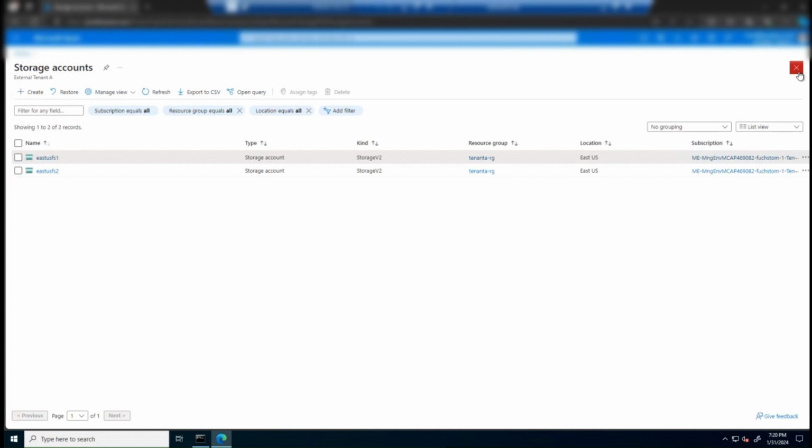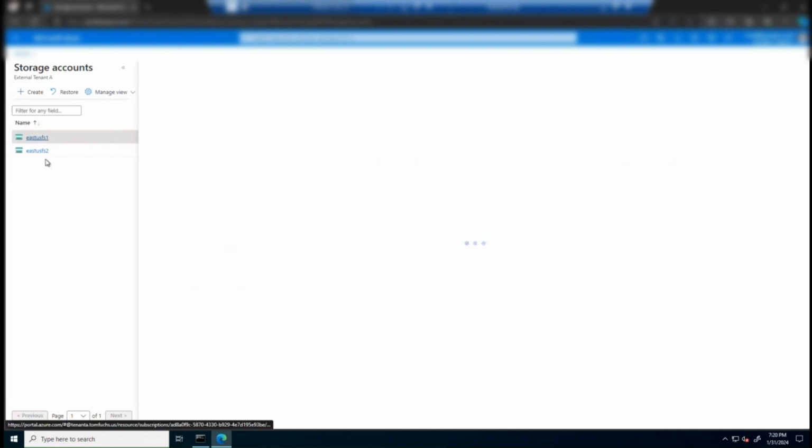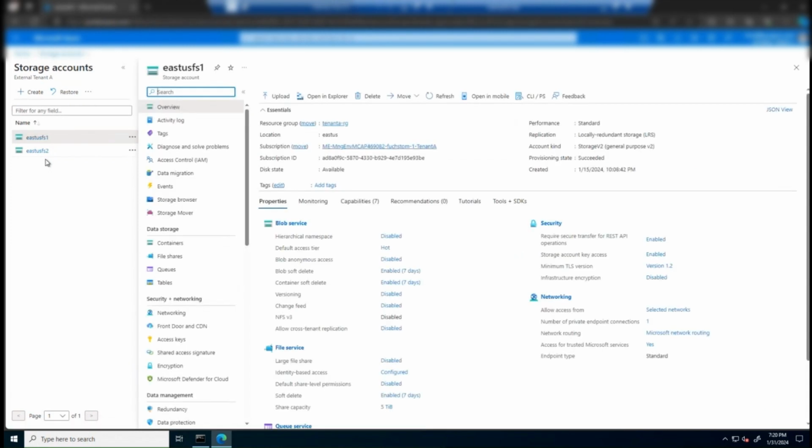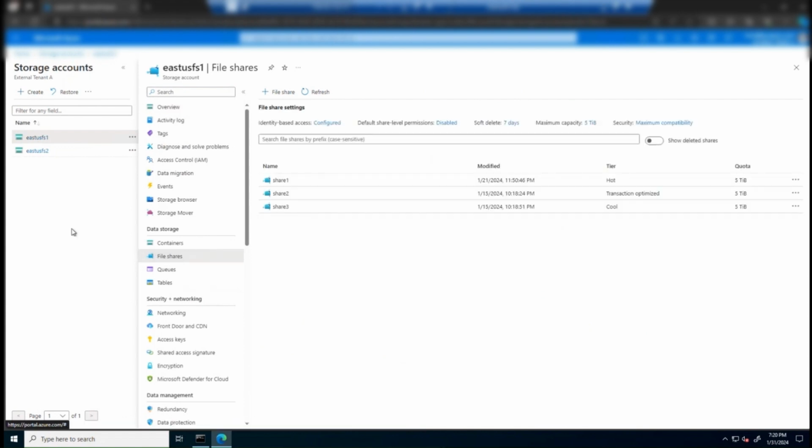Now let me switch over to show you what some of these options for the integration with Active Directory look like here in the UI. So this is my East US file server 1. I've created this in East US, hence the name. I've created 3 file shares. You can see that I've got hot, transaction optimized, and cool. Again, hot for very active workloads, transaction optimized, high IO but maybe not as big as hot, and cool, obviously